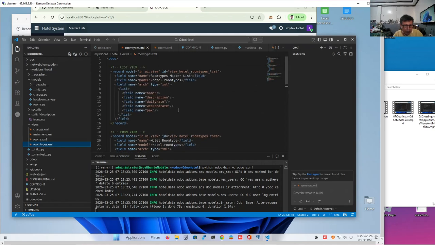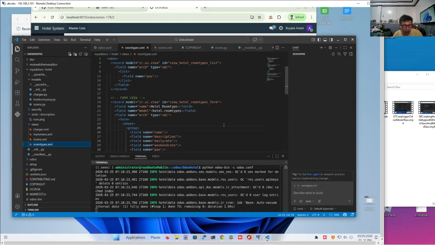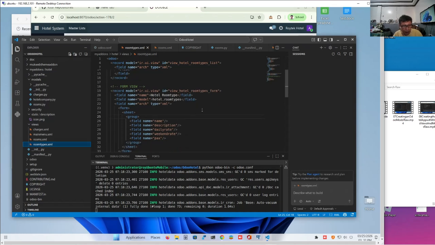Remember that we have a list view and a form view, but in the form view we have limited fields. We did not include the images, because we do not like to put the images on the same sheet as it will occupy so much space. A notebook is useful because you can have multiple pages in a notebook, or tab pane. So we will put the tab pane inside the form view, particularly inside the sheet.